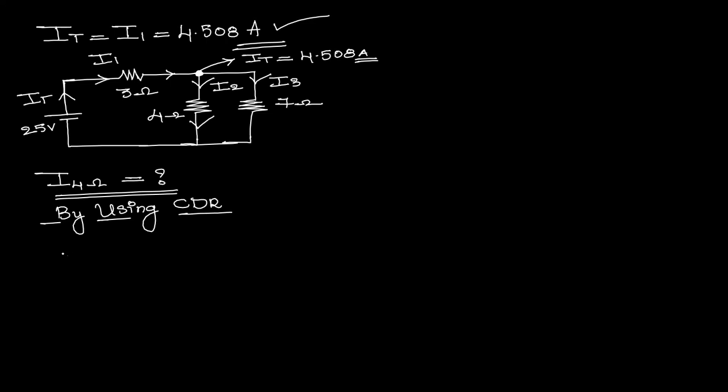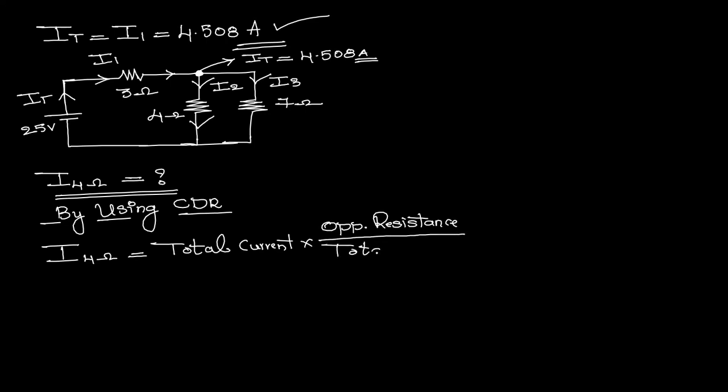Now what is the current division rule? The current flowing through 4 ohms is equal to, by using the formula, total current into opposite resistance divided by total resistance. Here the total current means the total current available at the junction point, that is